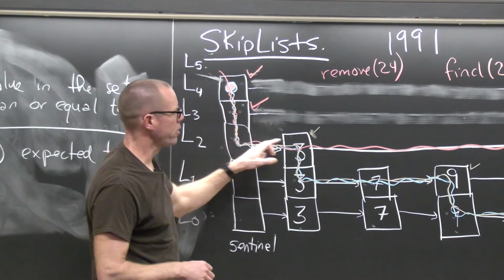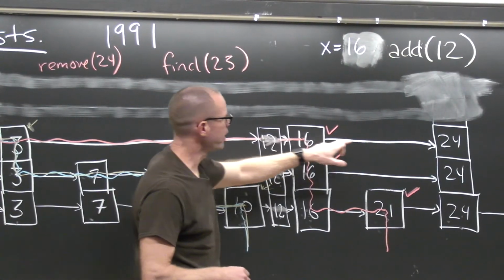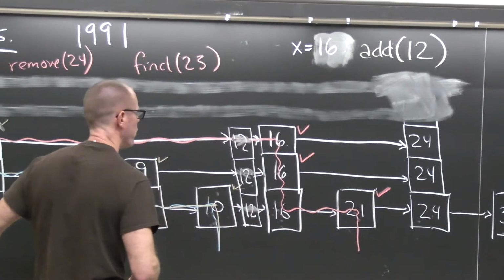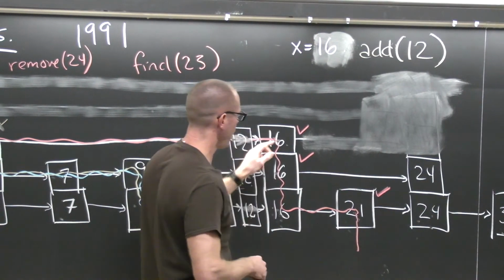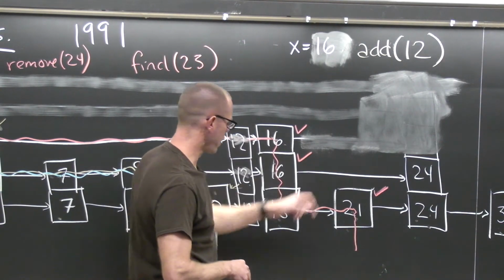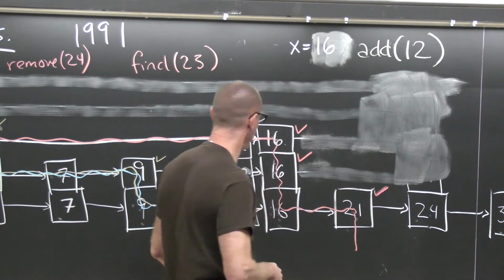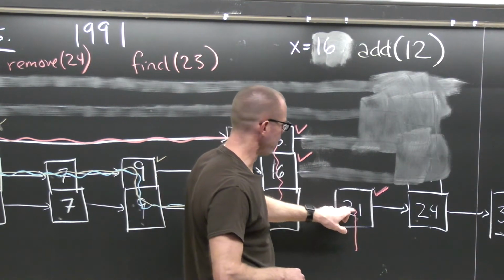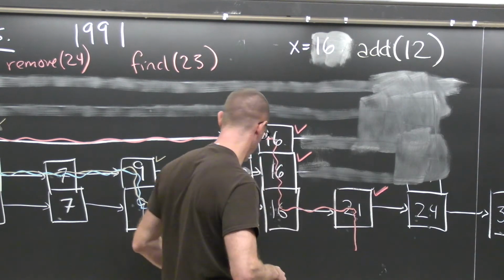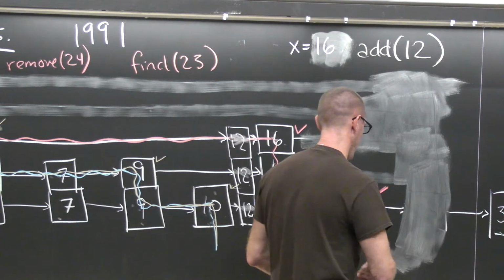Here I take a step to the right, a step to the right, a step to the right, and again I see the thing that I'm trying to remove. So I cut that link and move down. Here again I see the thing I'm trying to remove. So I cut that link and move down. Here I take a step to the right. Here again I see the thing I'm trying to remove. So I cut that link